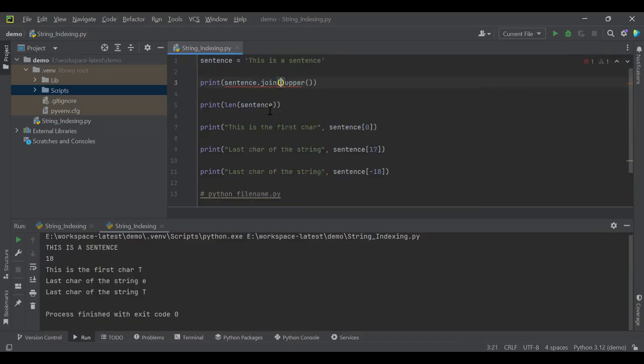So suppose I would like to join the string. This is a sentence, and I would like to add or join another string. Join is one more function. So this is a sentence from RNS. That means I'm joining this sentence with this string, two strings. Now if I run this program,